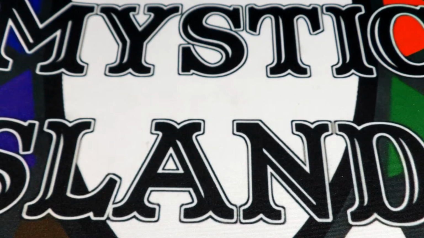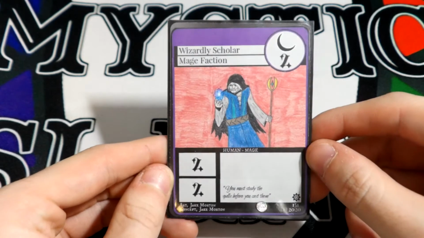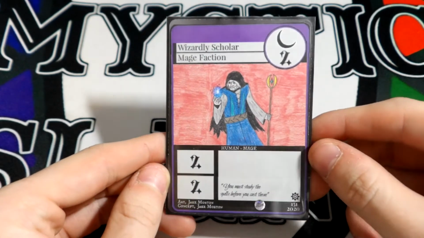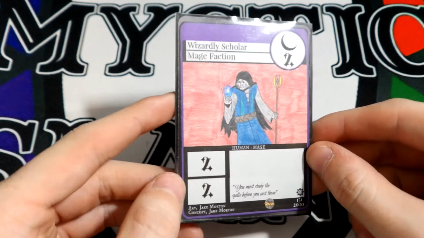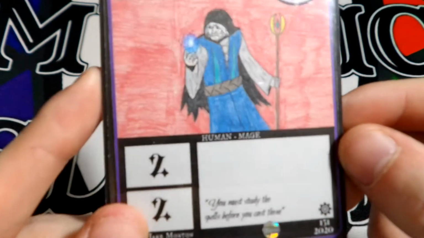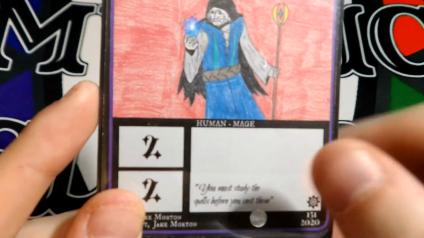So let's do it. First card we have here is Wizardly Scholar. The most basic card in the set probably. It's a 2 attack, 2 defense for 2. Nothing much, but I do have to show you this right here. As you guys have probably noticed, for set 2, it's going to be hard to focus for my camera here,